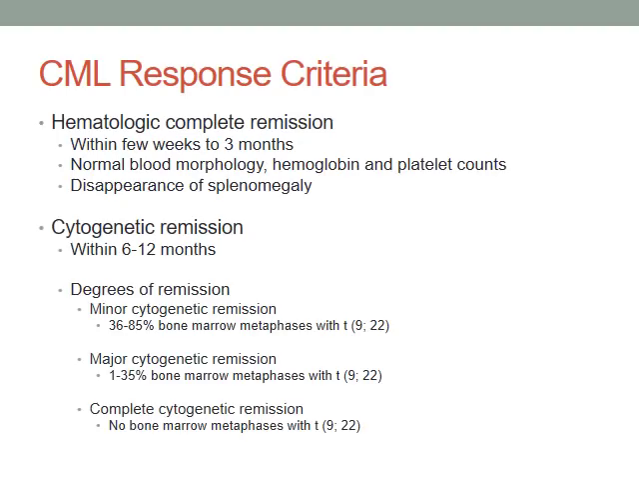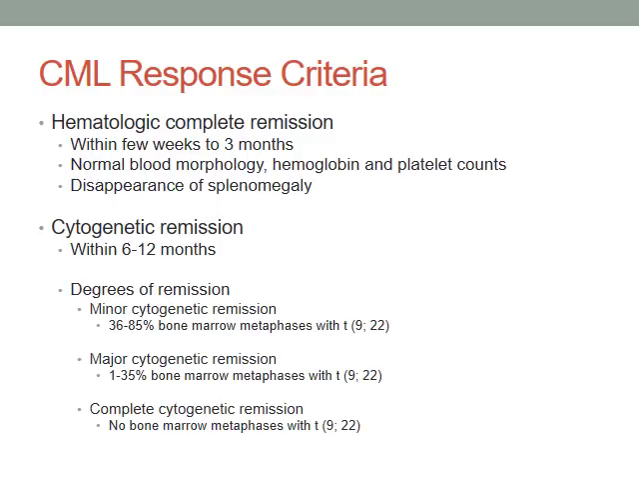The response of patients to treatment for CML is divided by hematologic remission and cytogenetic remission. For hematologic remission, this means that the patient has a normal morphology of their blood, hemoglobin, and platelet counts. And usually we see this within weeks to months of treatment. So if you were to do a CBC and a peripheral smear on this patient, you would see that they've returned to normal. And you would also see that if they have any splenomegaly or hepatosplenomegaly, that this would regress